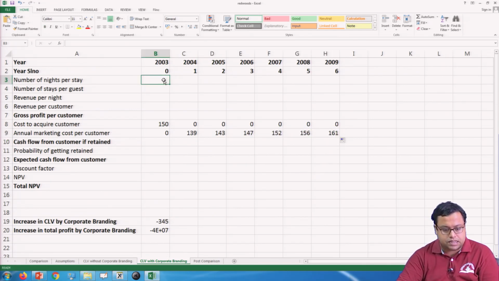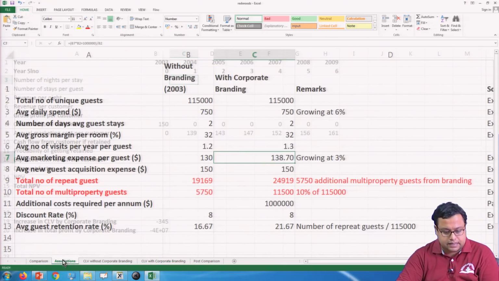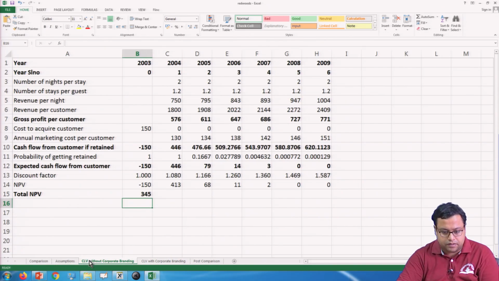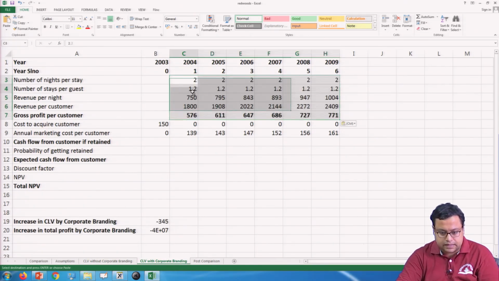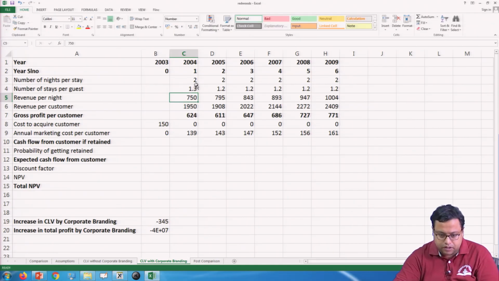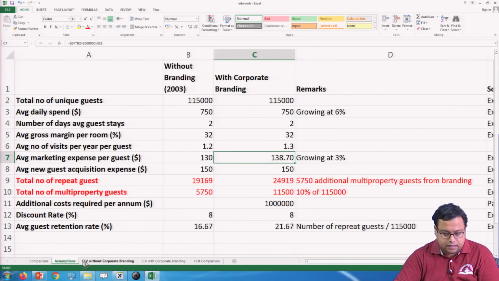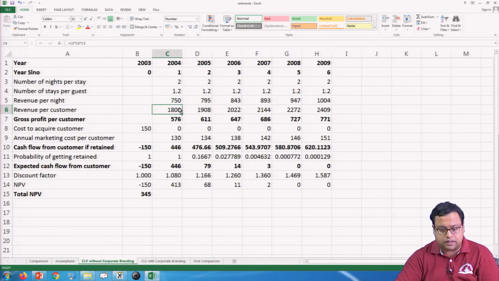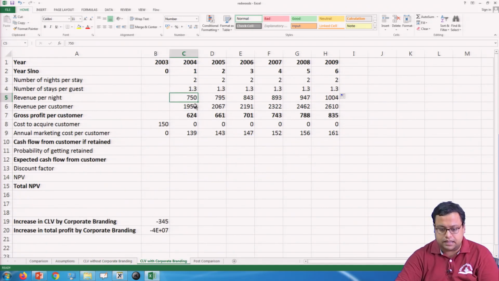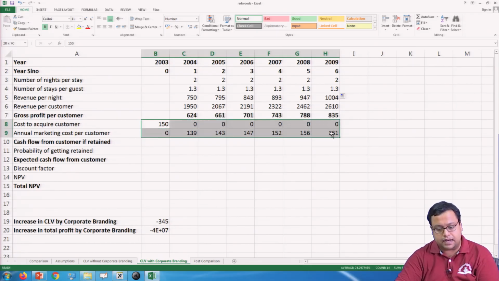And what will be the cost here? First 9 nothing, second 9 onwards 2 comma 1.3. So, I will just copy this. Copy and paste, and this will be 1.3 instead of 1.2, and 750 is the expenditure. Yes, 750 is the expenditure. So, the rest of the things will remain same. So, this is my expenditure, this is my gross income, and this is my marketing expenditure.